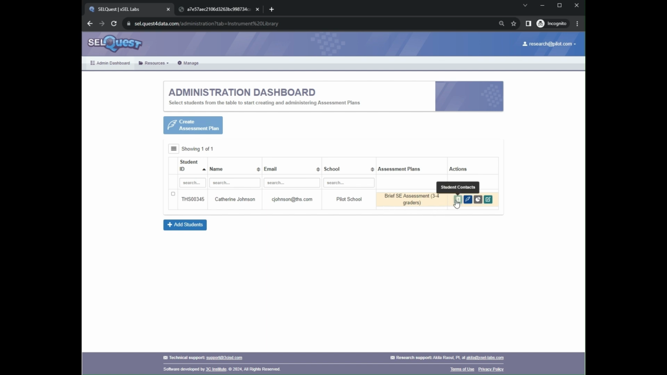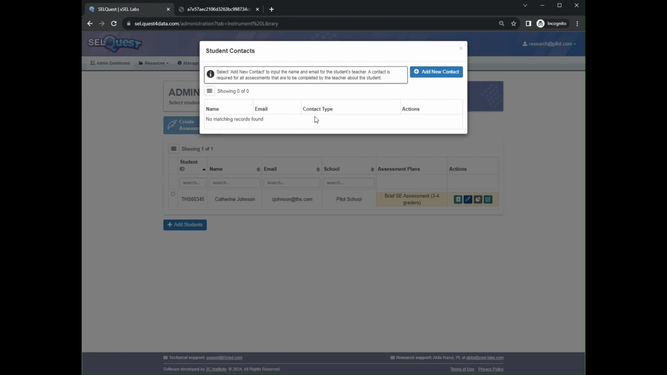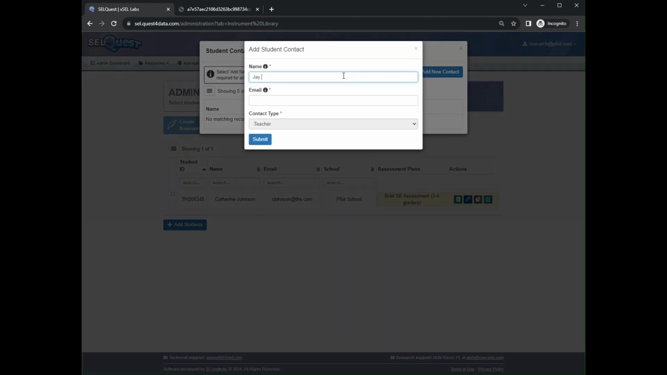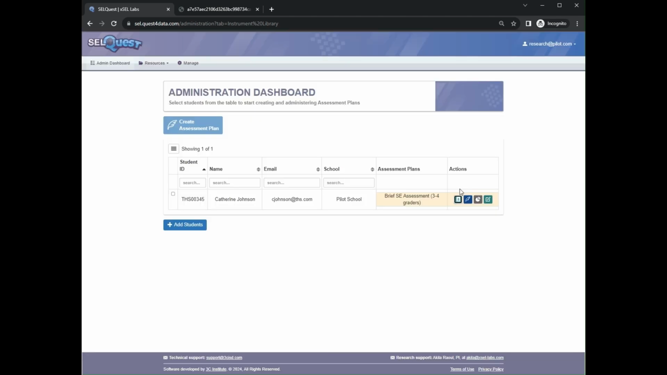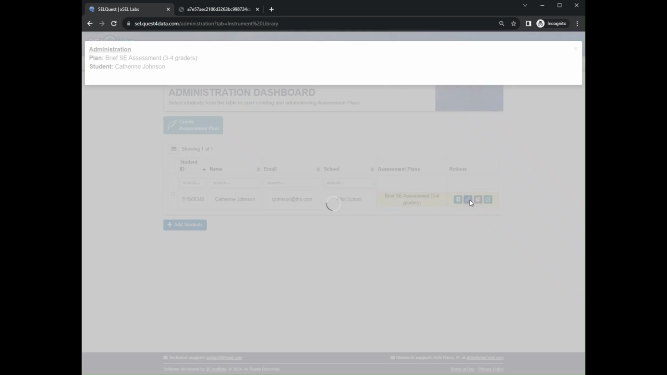The Student Contacts button allows you to add a teacher contact for your student. You will enter the name and email for your student's teacher and click Submit. The Administration button allows you to view the assessment plan assigned to the student and to administer the chosen assessments